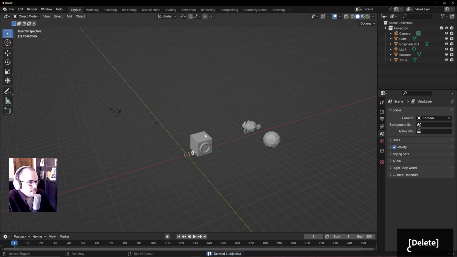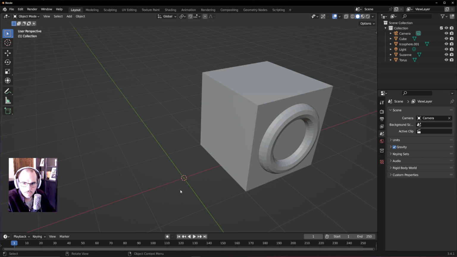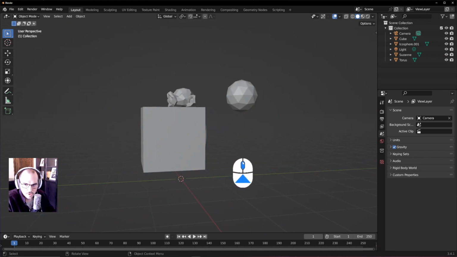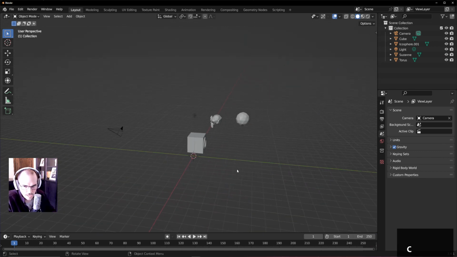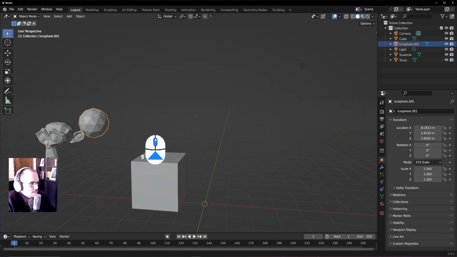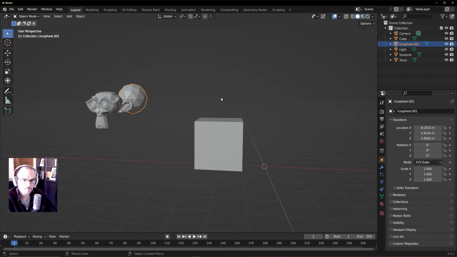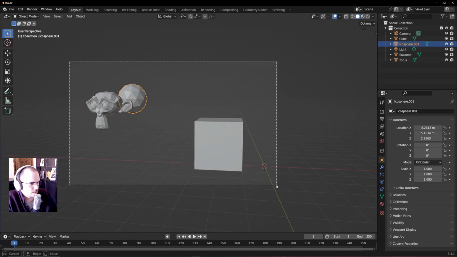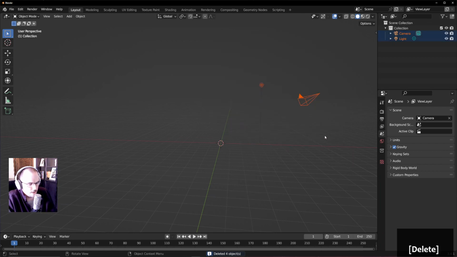Shift C resets your 3D cursor to the origin point, to 0, 0, 0. And also shows you everything in your scene. So if you go Shift C, it kind of zooms out, shows you all the different elements in your scene, and resets your 3D cursor. So that's that. Okay, I decided the other thing I want to talk about is a couple of different